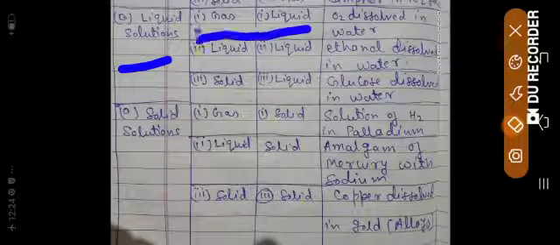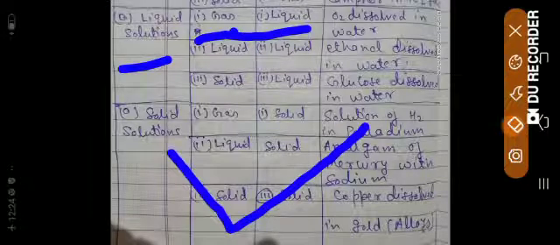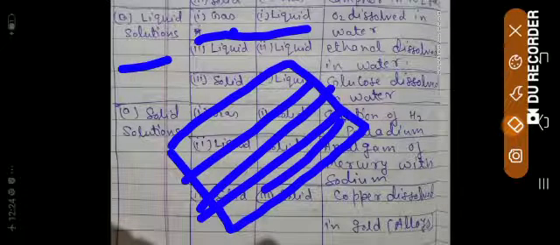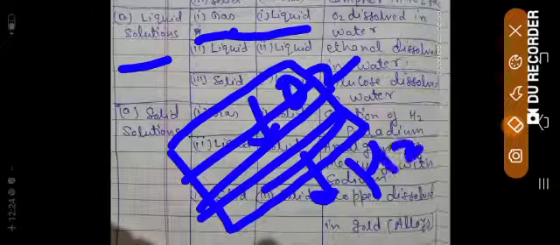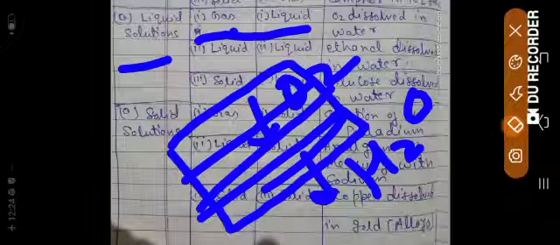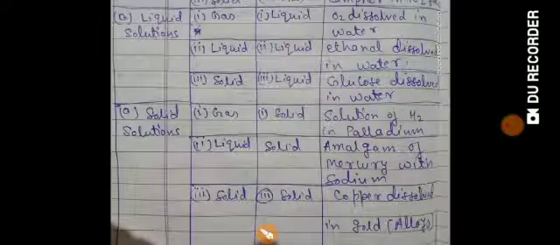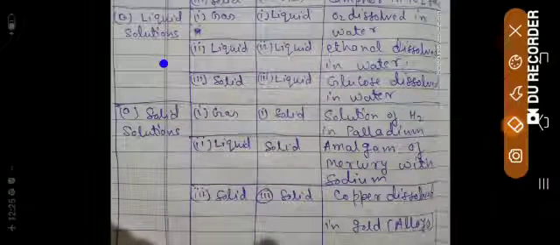Now the first pair: liquid and gas. The solvent is liquid, the gas is solute. O2 dissolves in water. As you know, in oceans or in any container, the liquid H2O dissolves oxygen, because oxygen is fairly soluble in water. That's why marine life is possible. As you see in aquatic life, oxygen is dissolved in water, so marine life can take oxygen for respiration and metabolic activity. So student, this is your liquid solution, liquid and gas: O2 dissolved in water. This is the example of marine life.